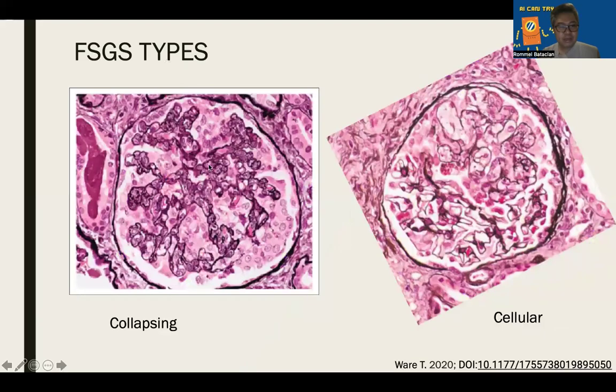And then yung collapsing, as you can see, the architecture of the vascular tufts is destroyed and replaced with increased hyaline. That's why it's more markedly pinkish in color when stained in H&E. And then yung cellular, there is presence of yung mga white blood cells, as you can see here. Ayan, neutrophils. So our granulocytes are present inside the glomeruli, which supposedly normally dapat wala.